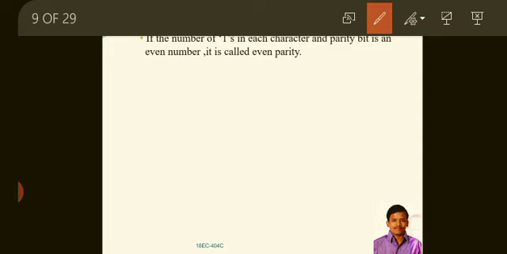Assume the data is a 7-bit data, 10101. Assume this is the data to be transmitted. If you check the number of ones in this one, 4 ones are there. Assume that at this position I am adding the parity bit.